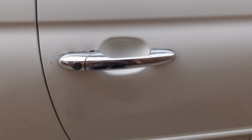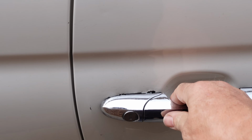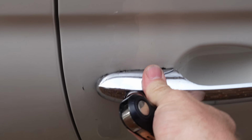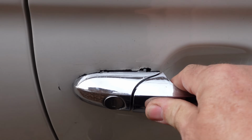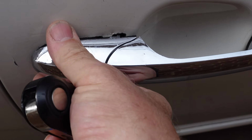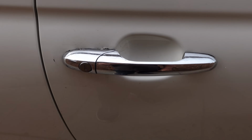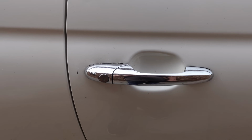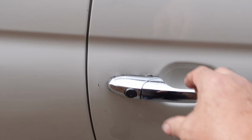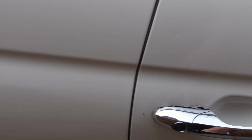First thing we've got to do is, I don't know what's going on with this handle. I don't know if the rod's come off inside, but the handle's not in properly. I don't know whether this has been one of those shoddy aftermarket handles that don't fit properly. Could possibly be the reason. So I can't actually get in this side. So if we go around the other side,